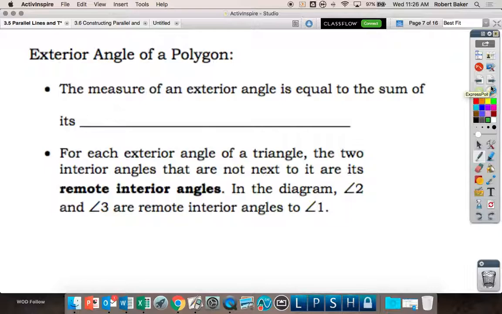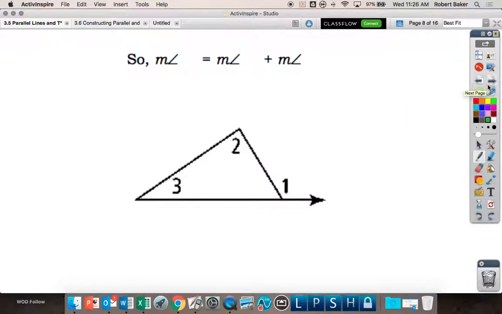Man, I don't really care about this. I care about this. Alright? So in triangles, we have that same term called interior versus exterior. So where do you think 2 and 3 are? Interior. Where do you think 1 is? Exterior. So if you call this the exterior angle,